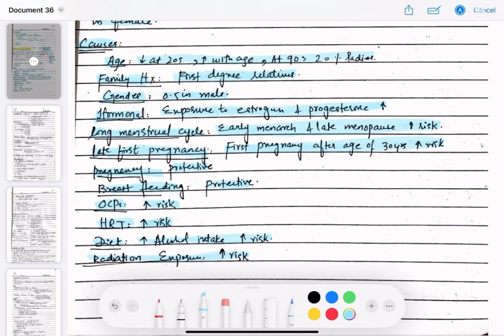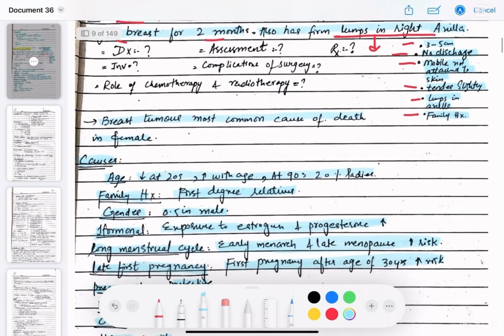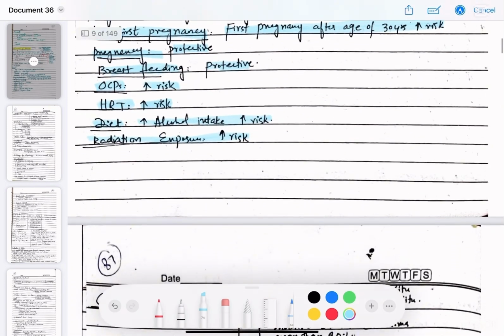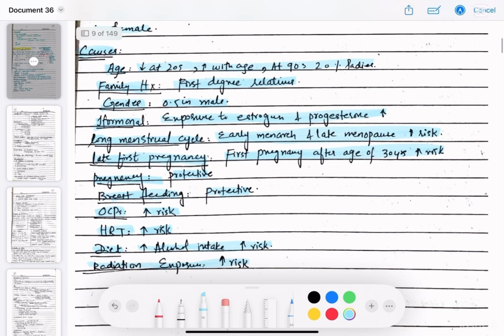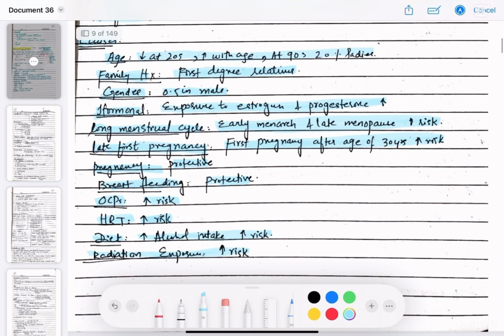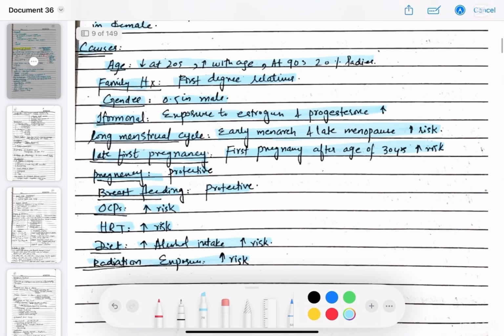Okay, so the risk increases with these factors. So if someone asks what are the causes of breast carcinoma, these are among the most common causes, that is, increasing age, then the family history, then the use of oral contraceptive pills, then the use of hormone replacement therapy, then long menstrual cycles, early menarche and late menopause, and the gender, the hormonal, that is, exposure to estrogen and progesterone,